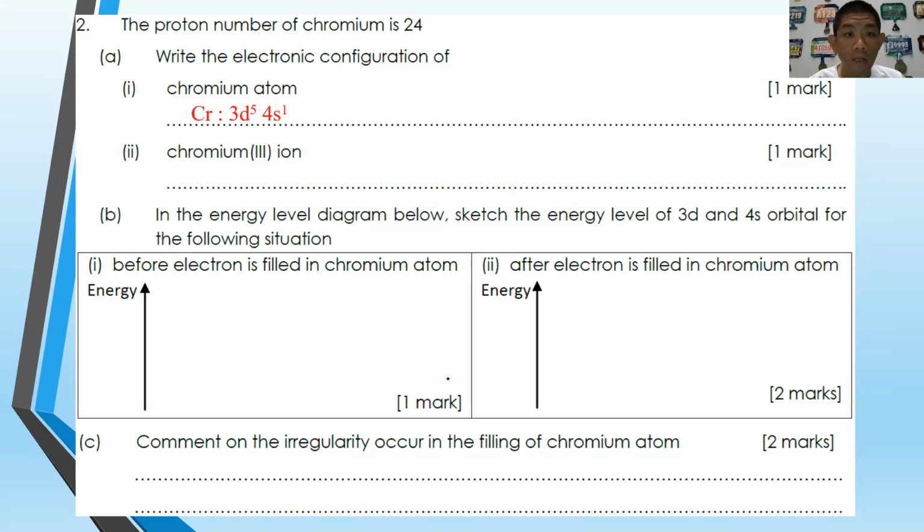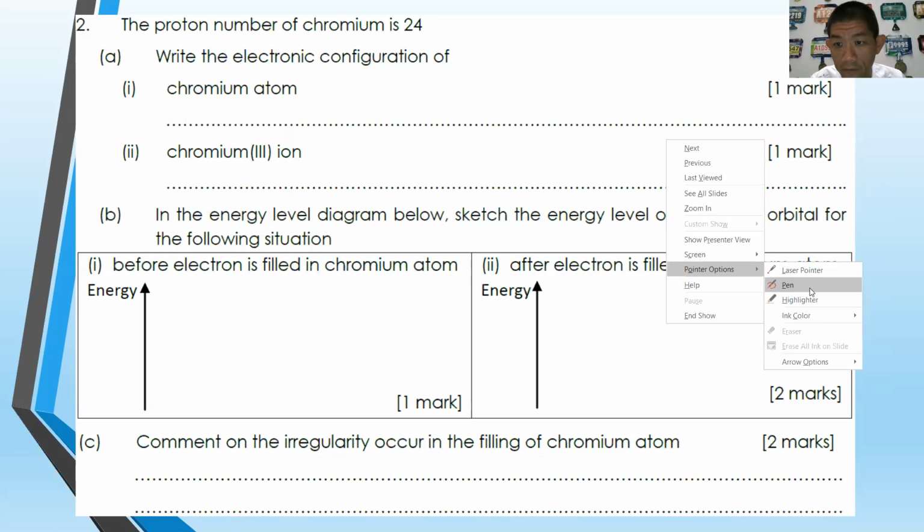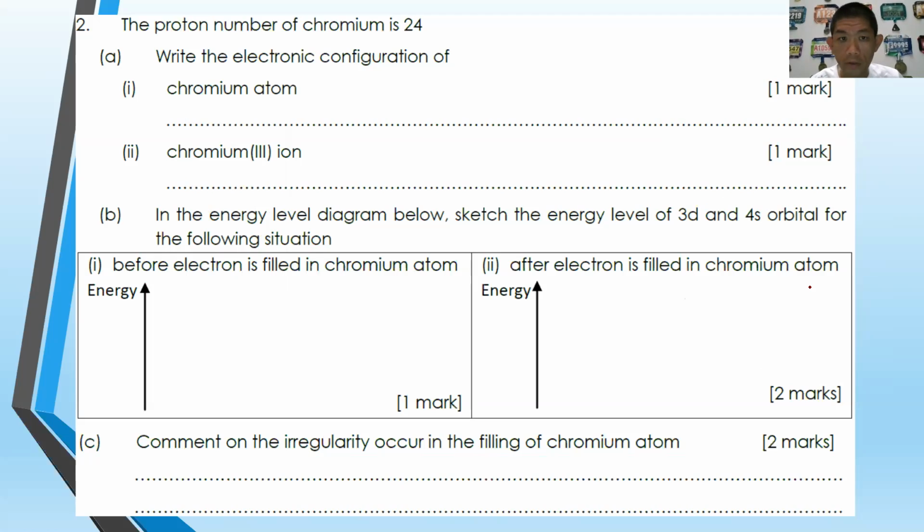So we want the electronic configuration, so it should be a full one. So how are you going to write the electronic configuration for the chromium atom? You should write it as a full electronic configuration, where you are going to write as